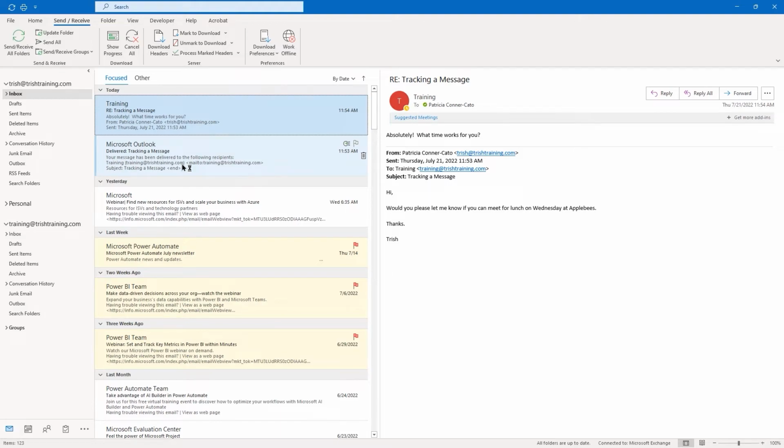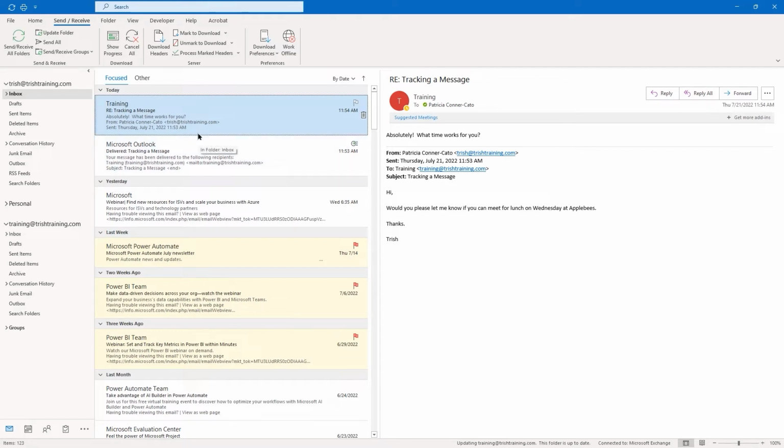And I'm not sure why my system is being crazy right now, but I should have gotten a read receipt, which would say your message has been read by the following recipient, because that is marked as read. I don't know why that didn't happen. I hope it happened for you. But again, the delivery receipt only means it's in the recipient's mailbox. The read receipt would mean that they actually read the message. And again, I apologize, I can't get my read receipt to show up.